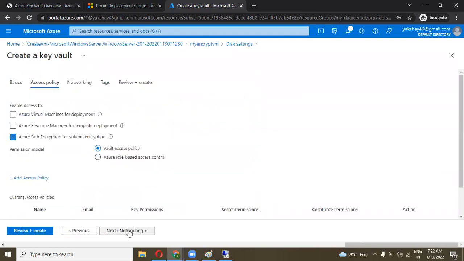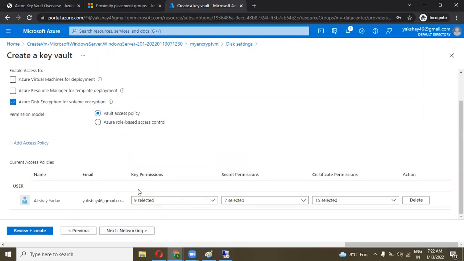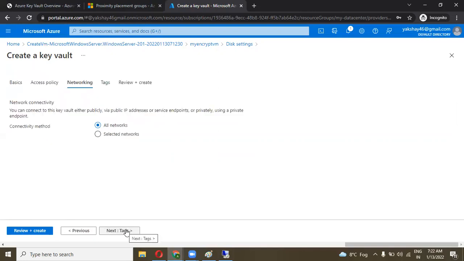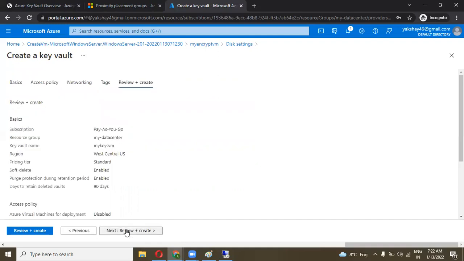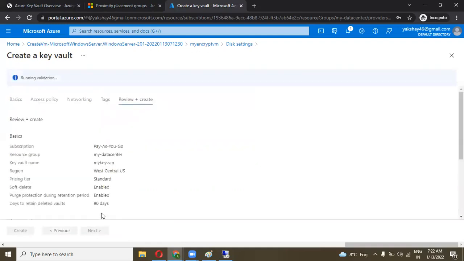Next, and next. So the permission is the current access policy assigned to your profile, or you can add any account over here, but it comes by default with your username and your attached email ID. Next with the networking, next, review and create.